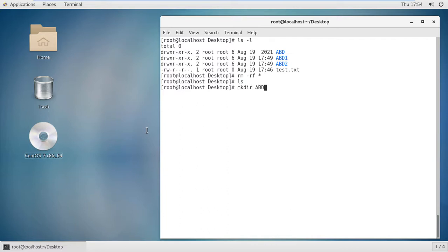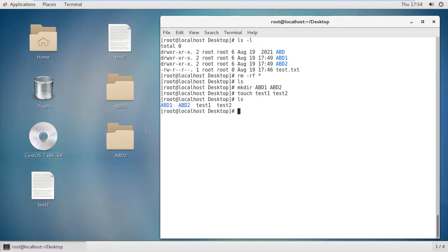Here I need to make abd2 again, and touch test1 test2, enter, ls command. Now you need to check the rm command. I'm not using the r flag, only the f flag, and I want to remove abd1.